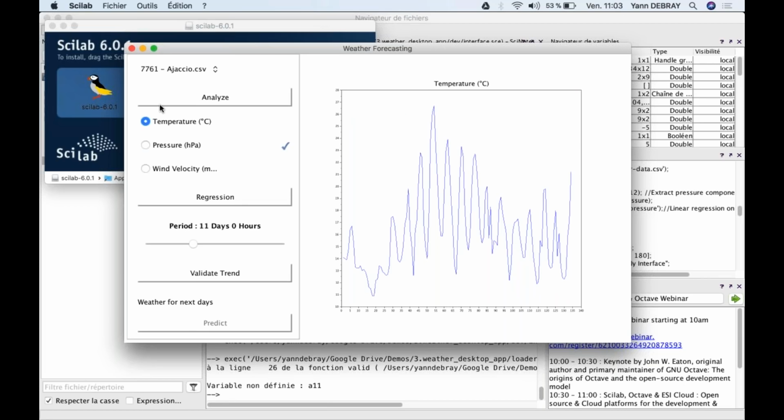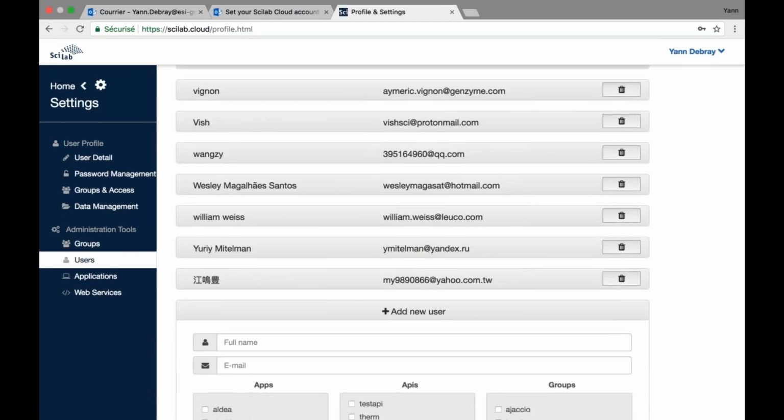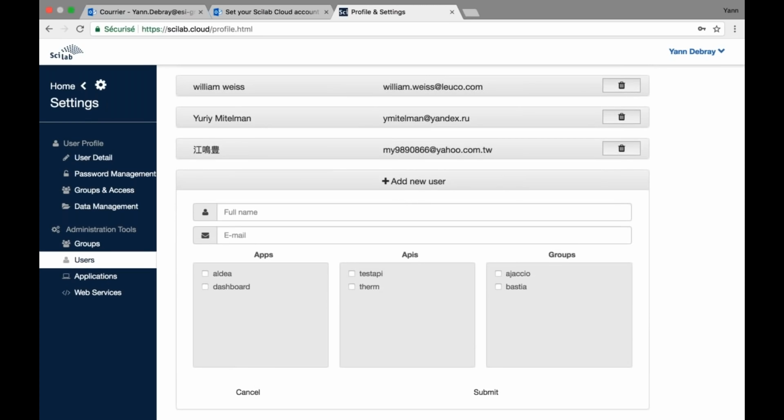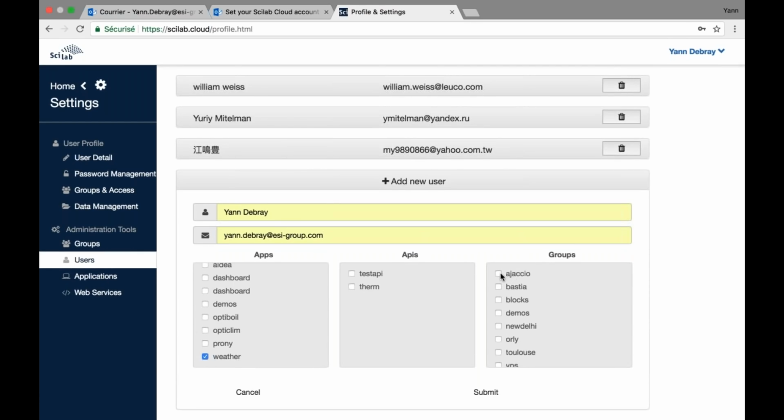Now, what I want to do is deploy this application to someone else, someone who's actually not using Scilab, not using such numerical tools. So this is what I'm going to show you now with the cloud. So here you go. Here I am an administrator of Scilab. Well, it's Scilab Cloud. We developed it before joining ESI, so it's still called Scilab Cloud. As an administrator of this application, I'm going to create a new account for a user. The user is going to be called Yann Debray. And I will give him access to this weather application that I uploaded, and I will give him access to